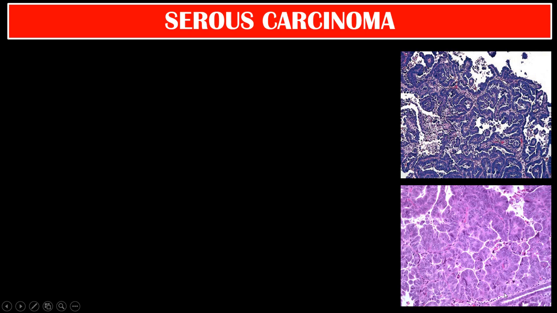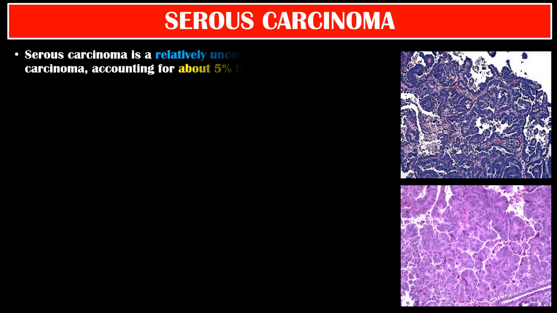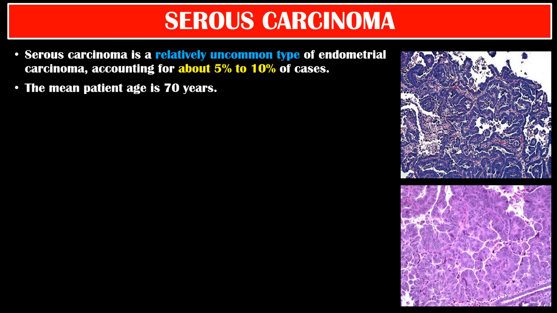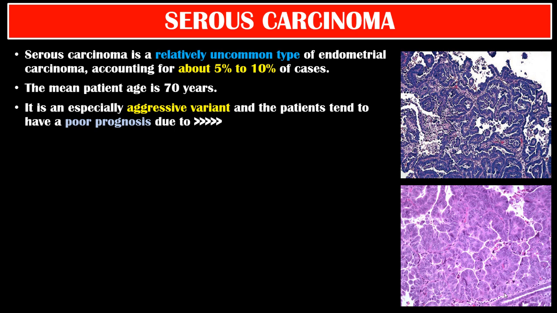Serous carcinoma. Serous carcinoma is a relatively uncommon type of endometrial carcinoma, accounting for about 5% to 10% of cases. The mean patient age is 70 years. It is an especially aggressive variant, and the patients